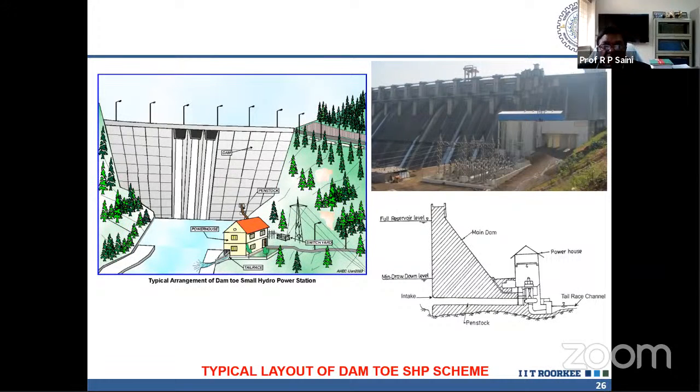Suppose you need 4 hours in a day to release the water from this dam. Don't release the water from here, release the water through this, so that the potential energy can be used to generate electricity for 4 hours. Depending upon the duration of the water release, you release the water. So these are the dam toe plants. In Maharashtra and Karnataka, many hydropower stations are like this, dam toe. They have limited canals and limited hills, but still they have many reservoirs and sufficient head. It's clear now, I think.